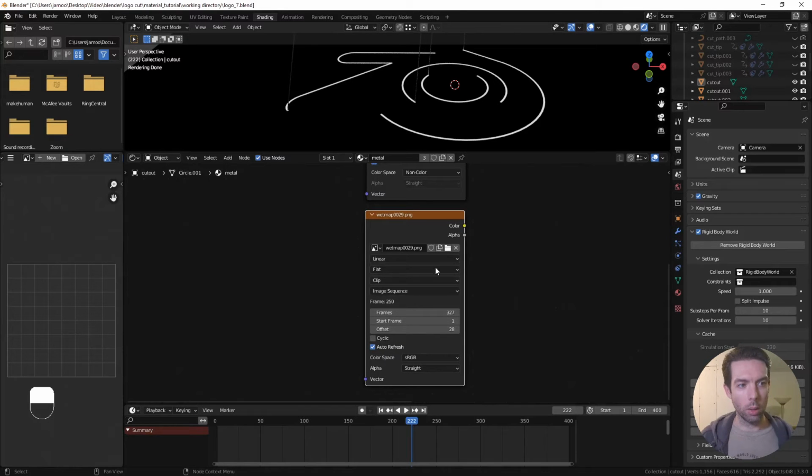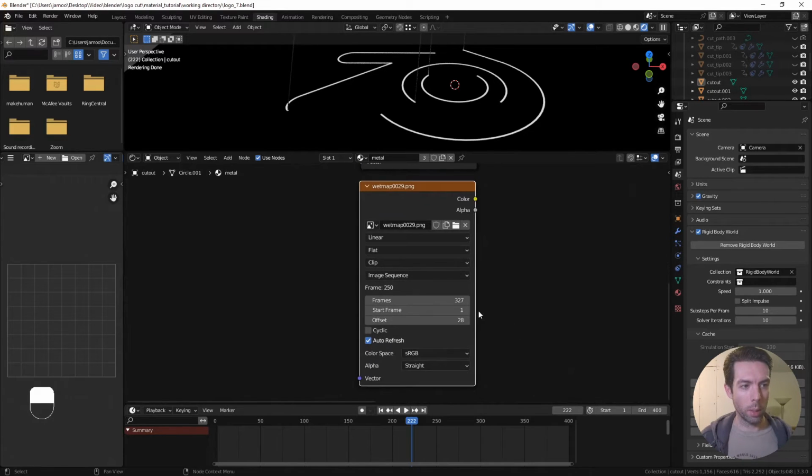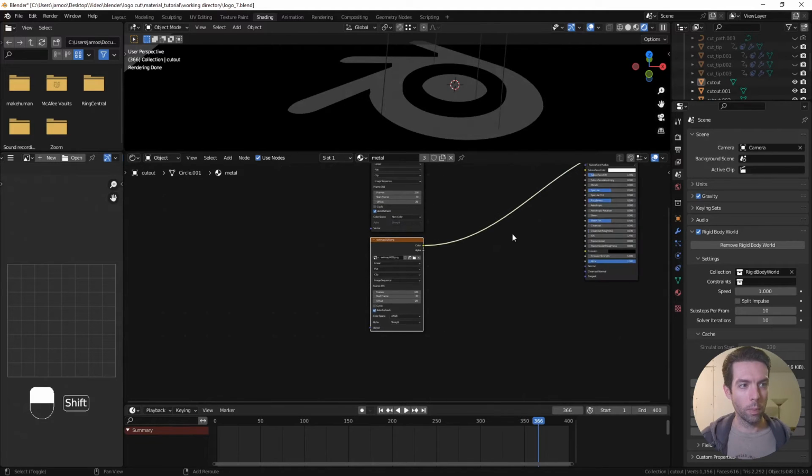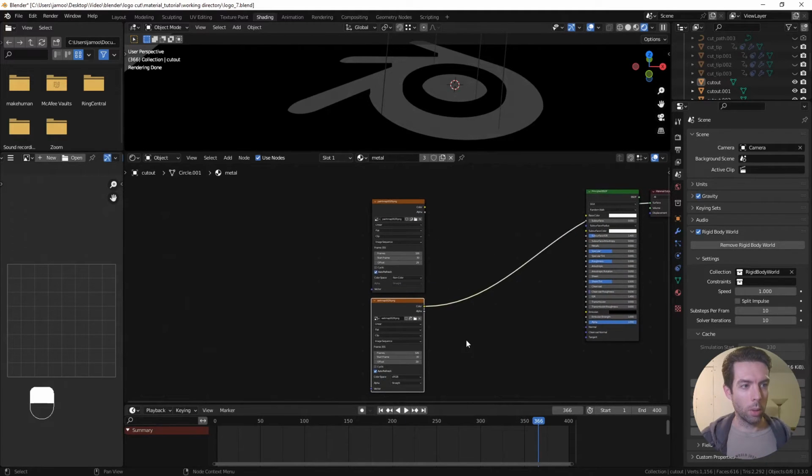Now all your settings should stay the same with the exception of these frame settings. So again, we'll just move our frame count down, move this offset up one, and then we can change this start frame to frame 30. And then we should be able to jump back to frame 30 and see that starting correctly and make sure that at the end of our sequence, everything looks fine. With those set up,